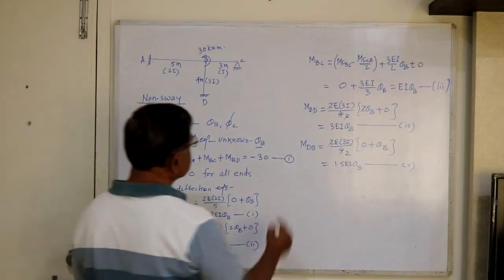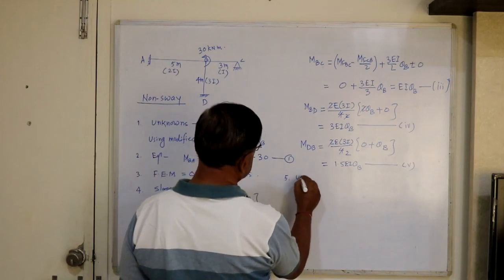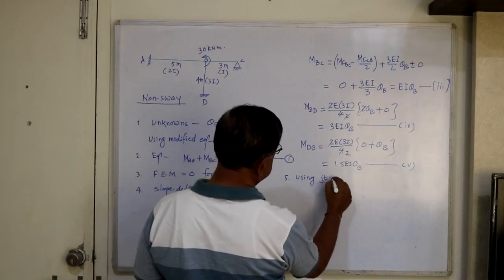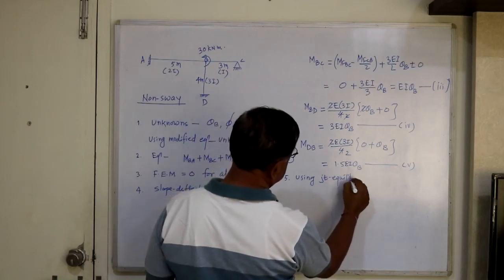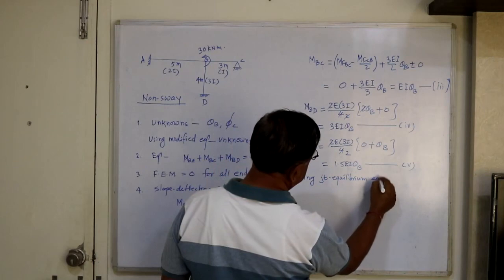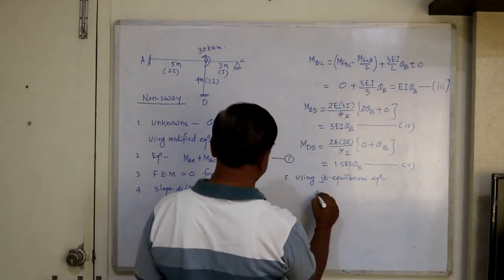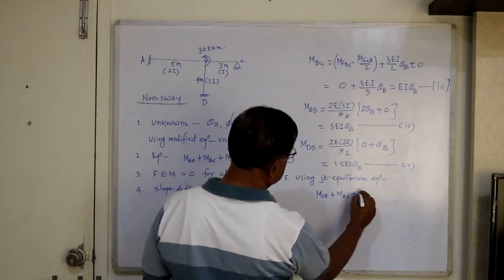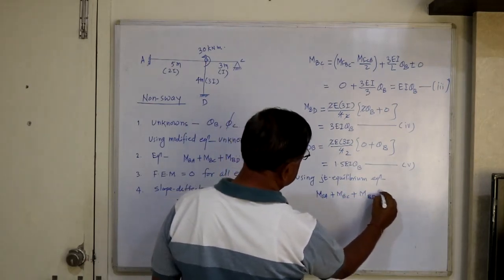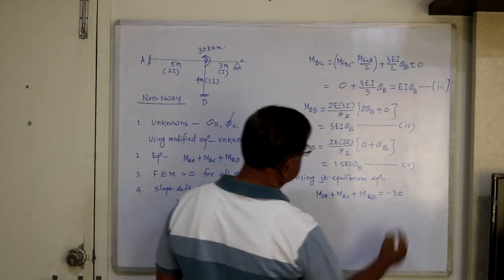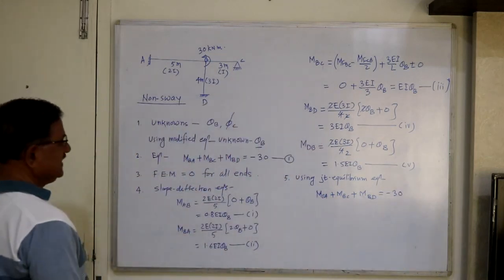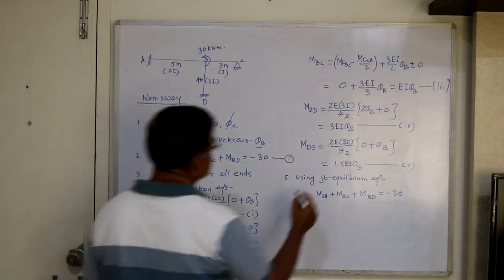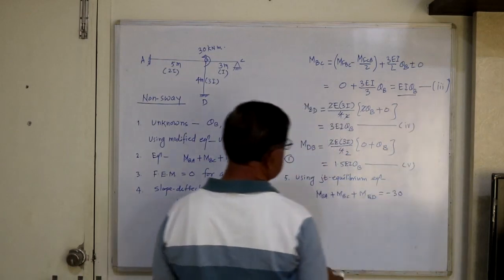Now the next step, using the joint equilibrium equation. What is that equation? MBA plus MBC plus MBD equal to minus 30. Now we substitute for MBA. MBA is this, MBC is this, and MBD